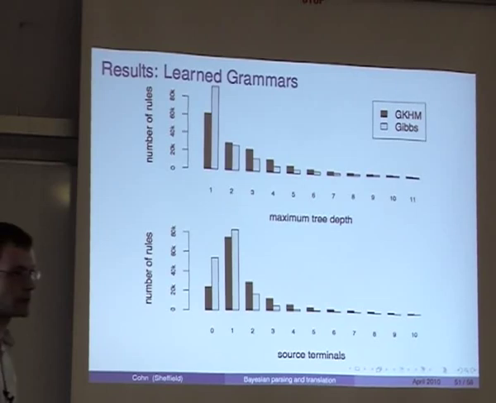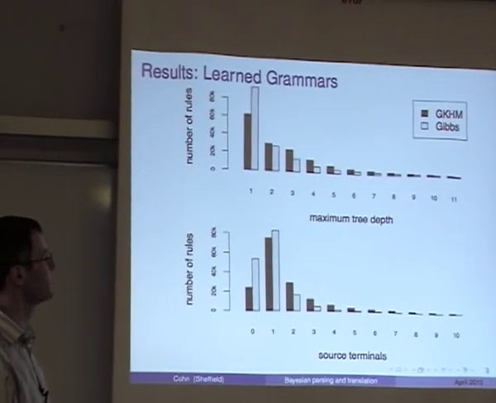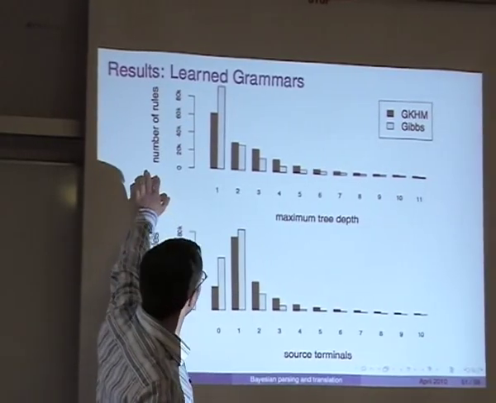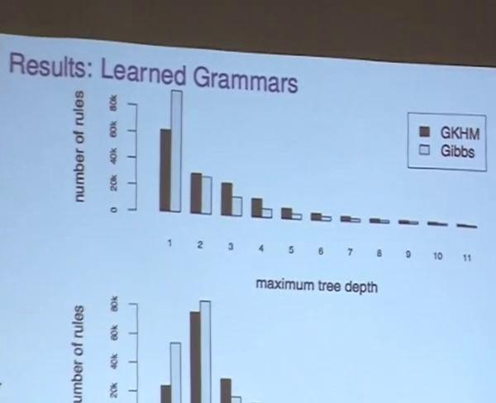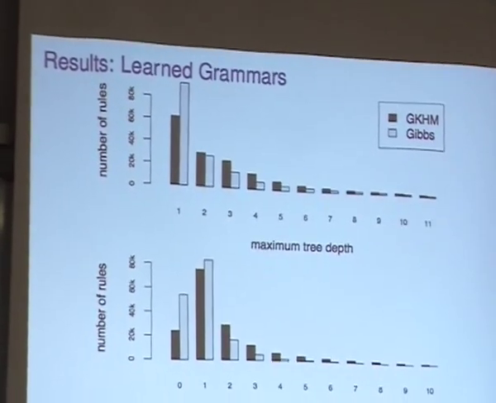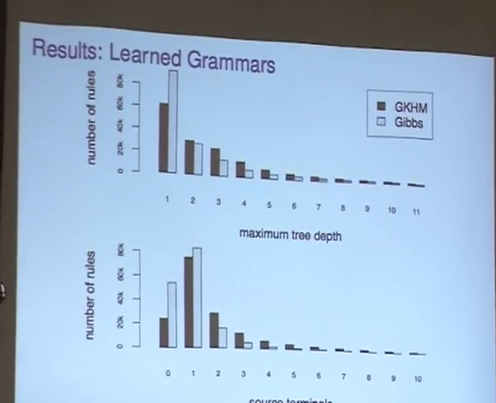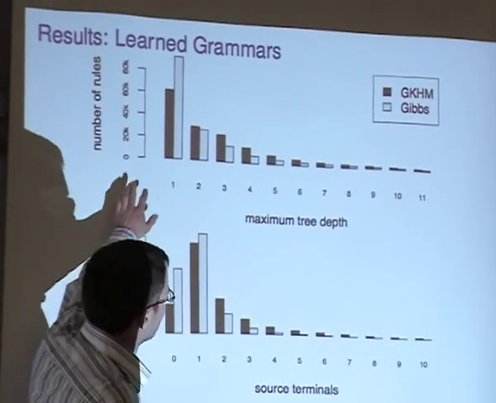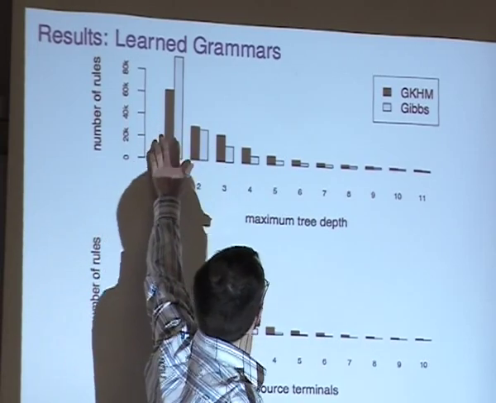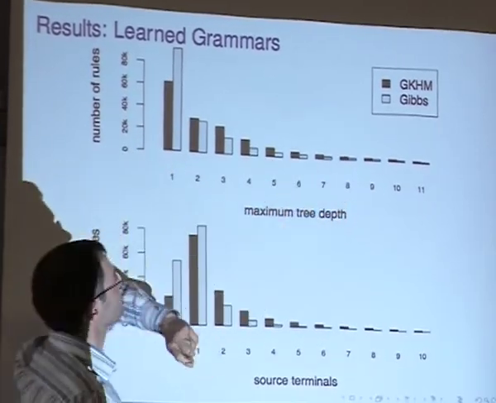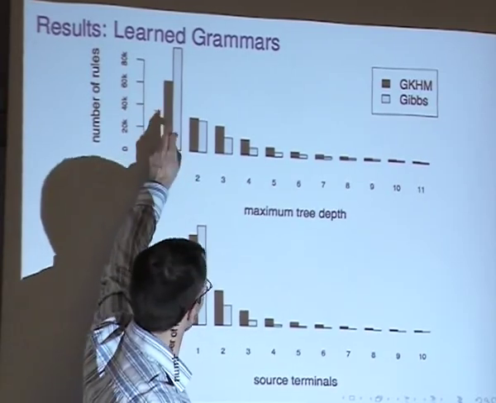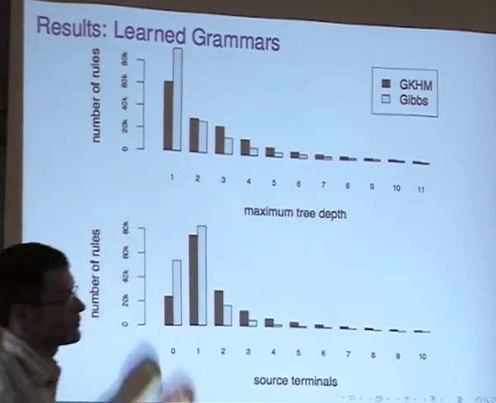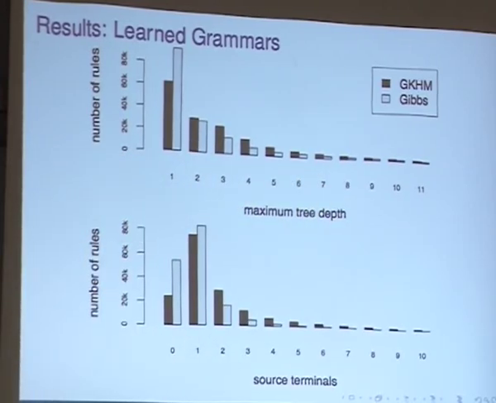So one interesting thing is if we look at the statistics over the grammar which the model induces. If we look at the learned grammar and the number of rules versus the height of the tree fragments within it, so we're just ignoring the Chinese side and just looking at the English side of the fragments, we notice here that the baseline system, the GHKM, has fewer small fragments and more larger fragments. Our model ends up with a grammar of roughly similar size, but with many more small fragments and many fewer large fragments. So this is a good thing, because we think smaller fragments are actually more reusable and more likely to help us at test time.